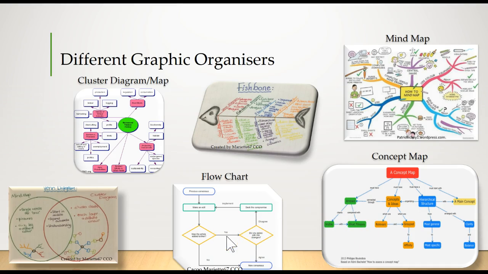A flow chart's characteristics is that it starts and ends in a shape that's got rounded edges, and all your blocks in the middle of your flow chart have got sharp edges. You've got your arrows showing the flow of information. So you start at the top, in this case, but in a flow chart you don't always have to start at the top. You start at the top, you move down,